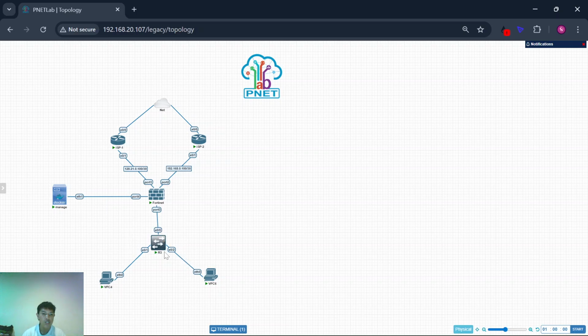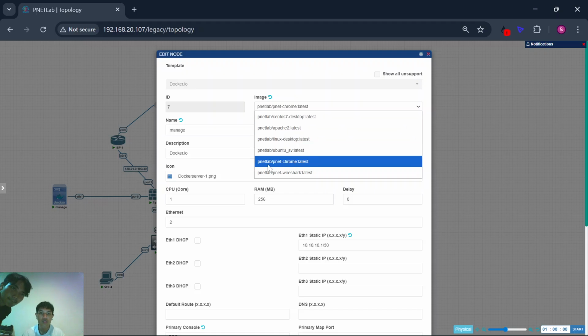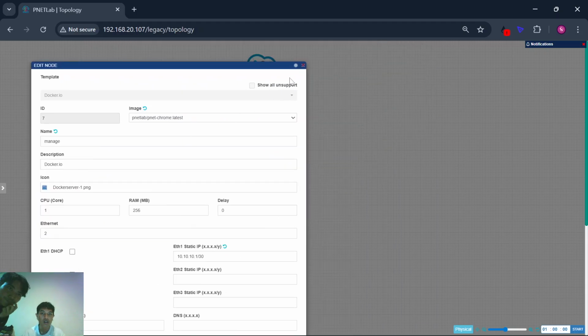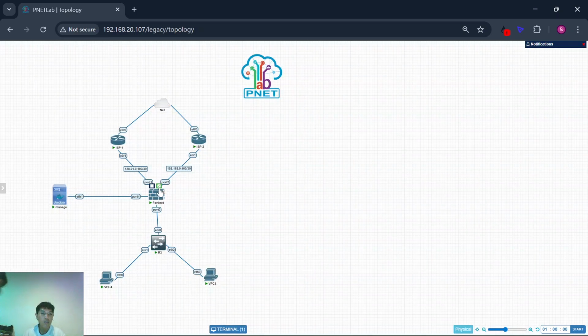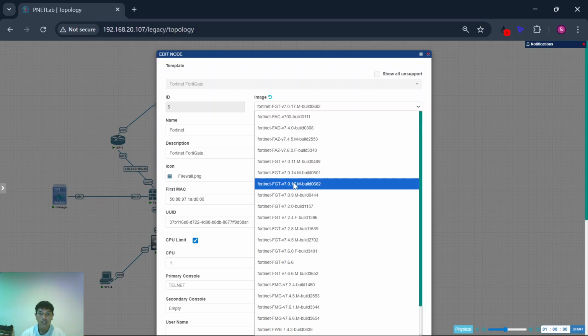I'm using a Cisco switch, and I'm using Docker to manage the Fortinet device, or FortiGate device, from web config. Here I'm using Chrome for Docker, and for the FortiGate device I'm using this image version.